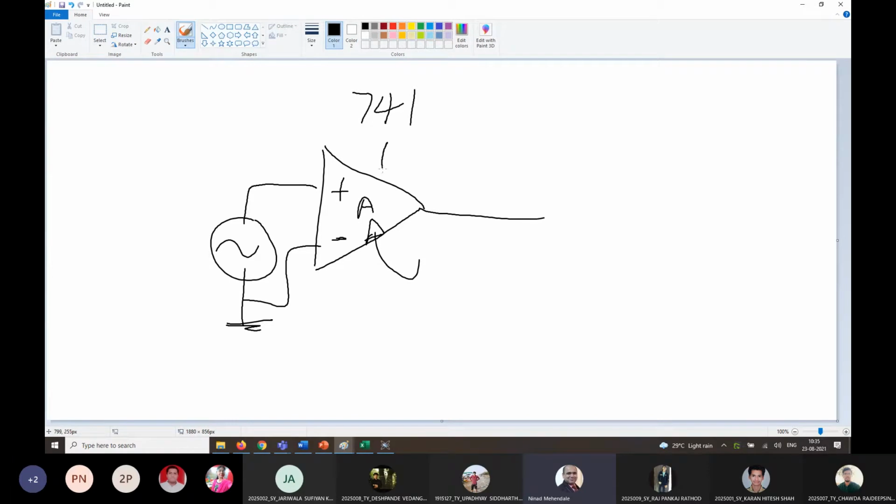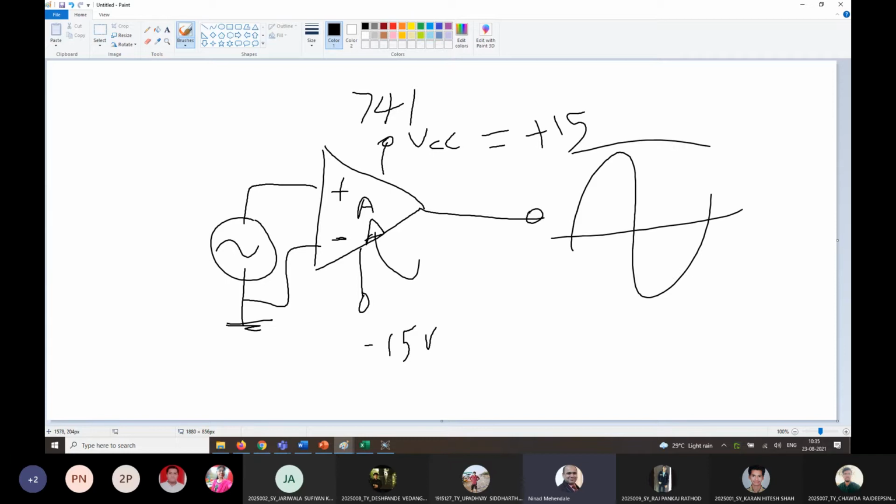And it is typically limited by two supply voltages, VCC, which is positive 15 volts, and then minus VEE, which is negative 15 volts.